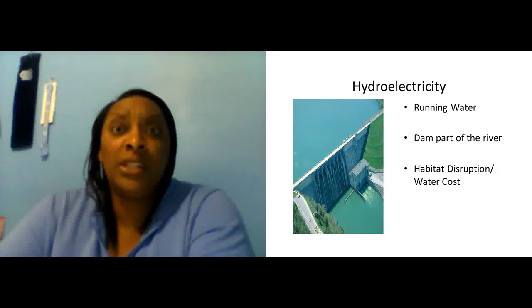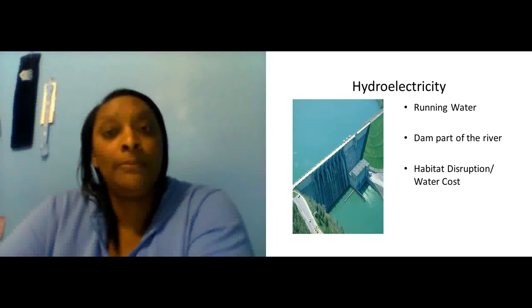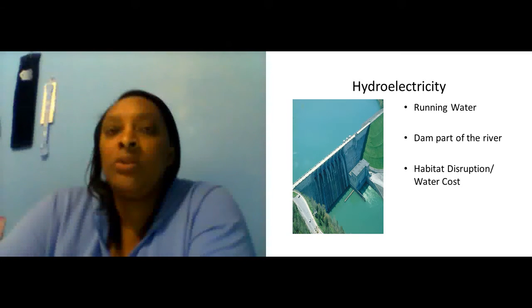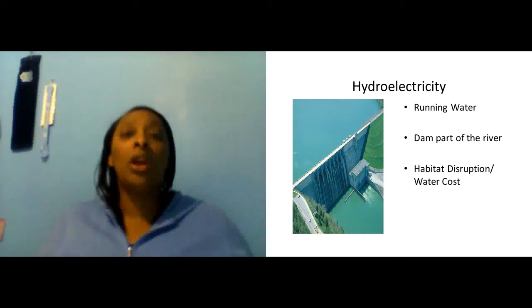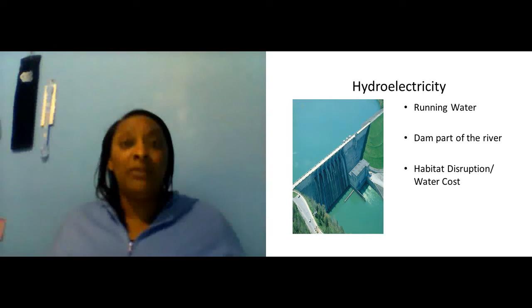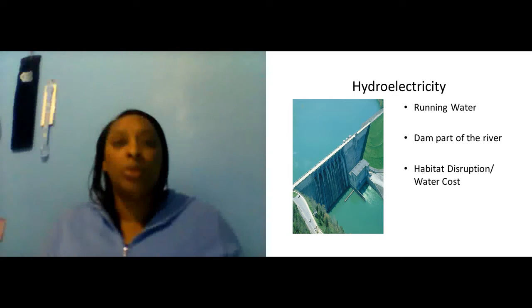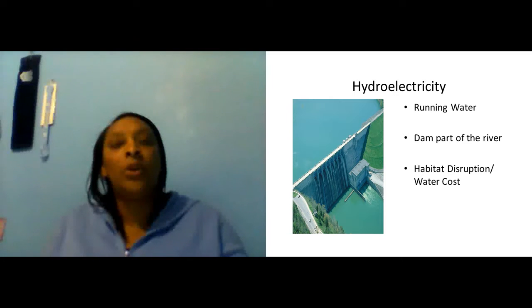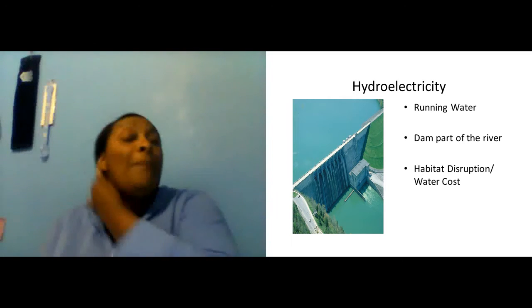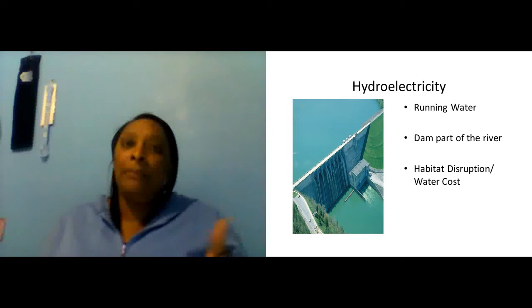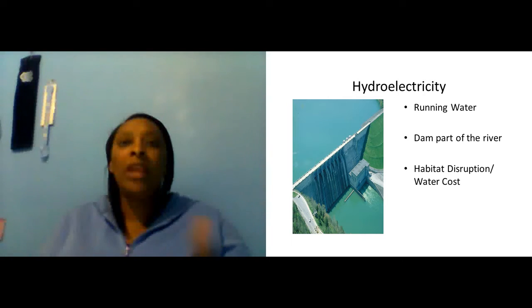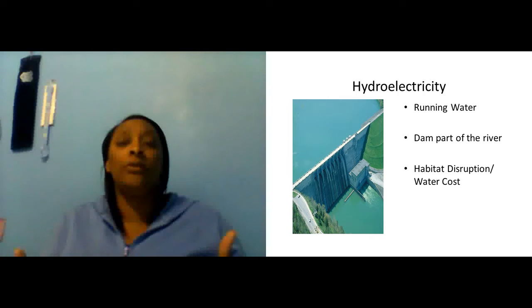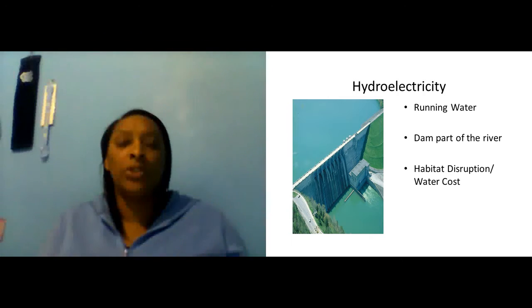Now, with your hydroelectricity, hydro means water, electricity, running water. So this is where we get electricity generated through the process of running water. You have to be in a space where the size of the body of water is enough to produce this energy. You can't have it on a basic lake. It has to be somewhere where you really have flowing water and a good amount of that water. So you build a dam in part of the river, and that helps block. And you have a reserve where you can get the water if there's a drought,